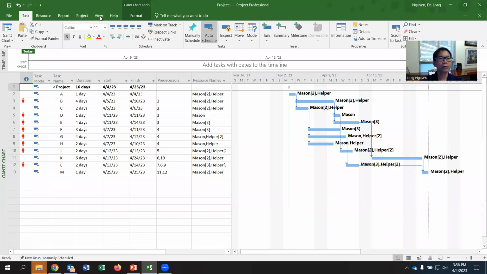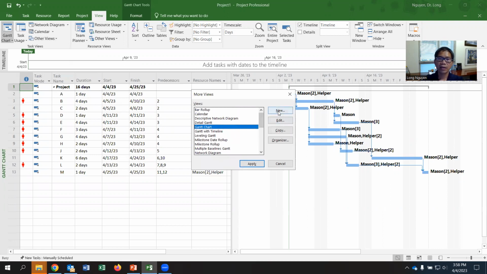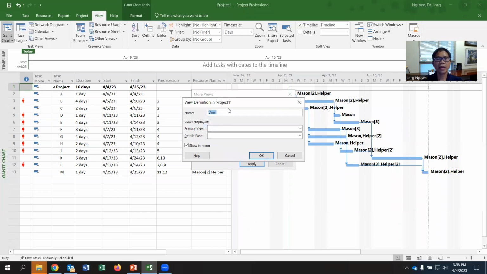How? When you go to the View tab, you can select other views, and select more views. Okay, more views. And then you can select new view. Single view means only one thing shows on the screen. If you want multiple, two, then the combination view. Select OK, and then you can name that view you have, so you can see the Gantt